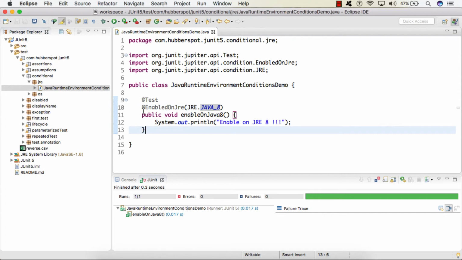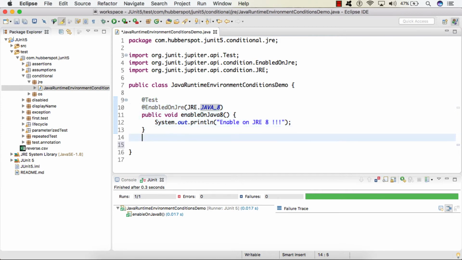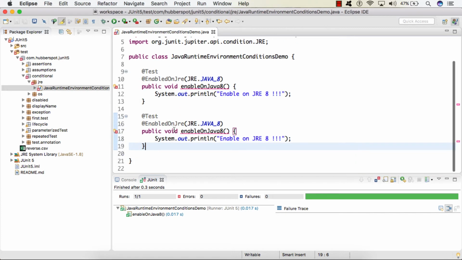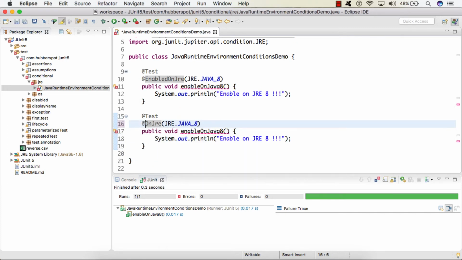So friends, similar to @EnabledOnJre, there is an annotation @DisabledOnJre. So I'll just copy this and paste it below. So instead of enabled, there is disabled.